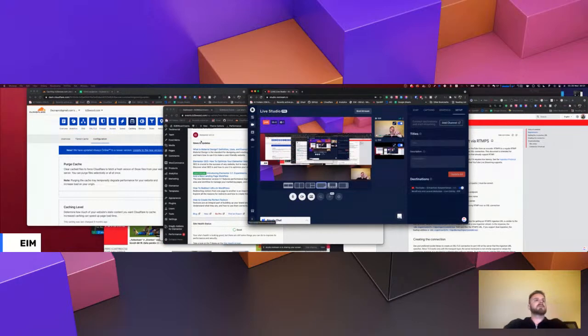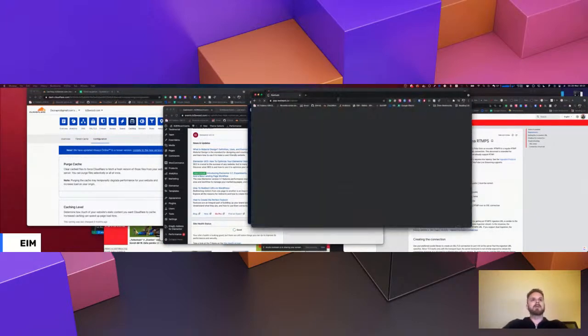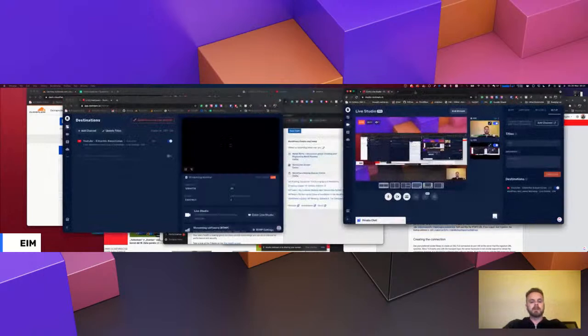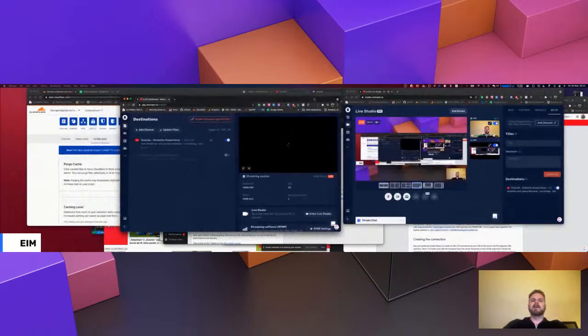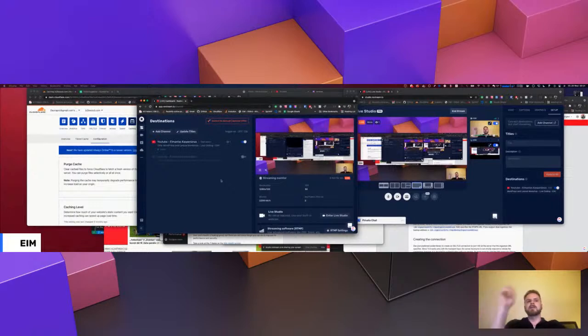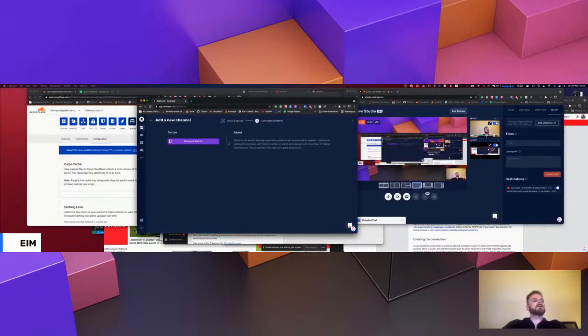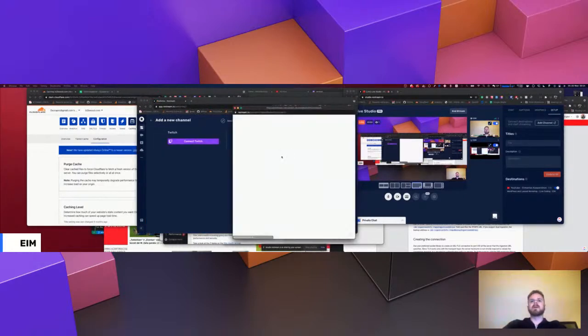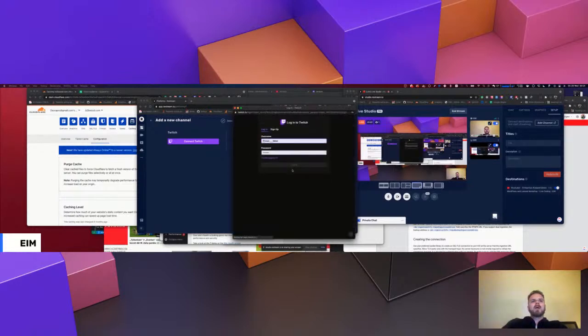Setup, dashboard, channels. Oh, okay. I need to go back to this. Great shortcut: Shift Command T opens the thing you closed before. So if you accidentally close it, you can go back, because I don't want to figure it out. How do I go here? Okay, first of all, Twitch. Twitch is okay.